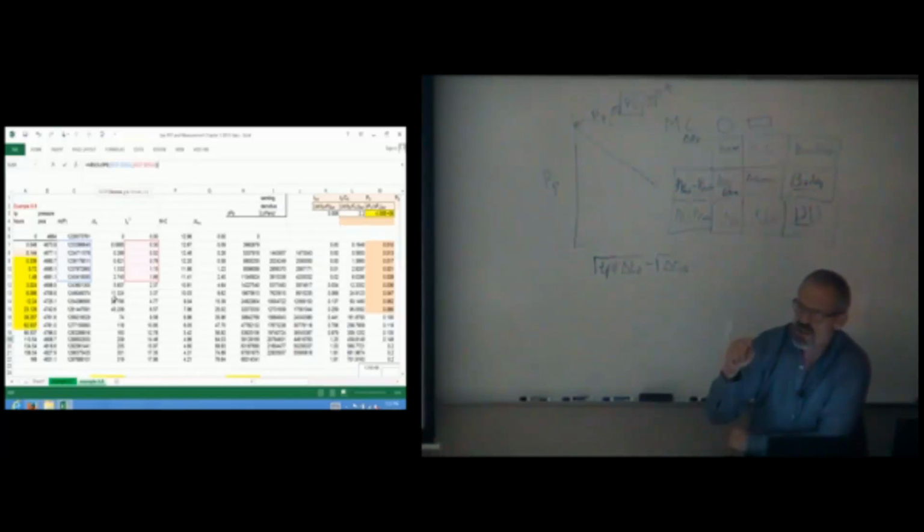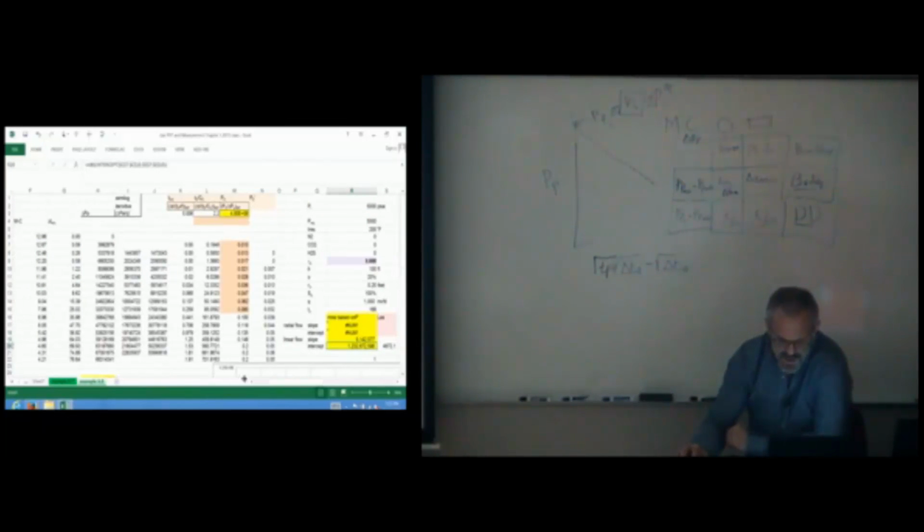So there's my slope. Do you have a point before I hit enter? Oh, just wondering if you were sure that you wanted that last data point. Oh, I'm not. I don't even know if I'm in the right flow regime. I'm not going to worry about that yet, but keep that in mind, and maybe we can fix it a little bit later. Let's see what we get. And then I really should do the same thing with the same data set for my intercept, so it's easier for me to